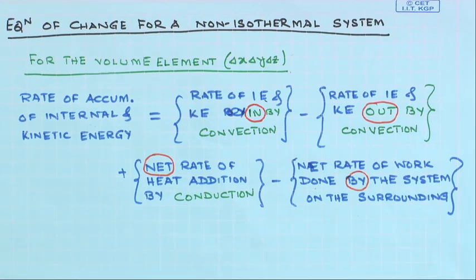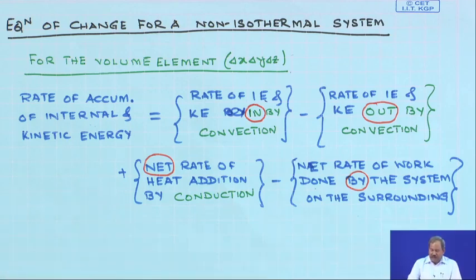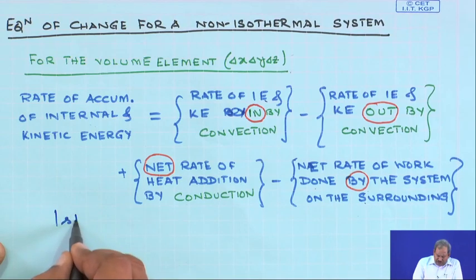However, there is one missing term that I should take into account at this point, which is the rate of work done by the system on the surroundings. Since it is work done by the system on the surroundings, the internal and kinetic energy, the total energy of the system, should decrease, and that is why we have this minus sign. Had this been a case of work being done on the system, then this sign should be positive. So, based on whether the system does work, in which case the energy content of the volume element decreases, or work is being done on the system, in which case the total energy of the system would increase. So, what I have written over here is nothing but the first law of thermodynamics